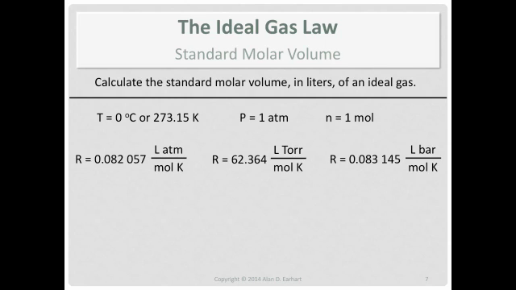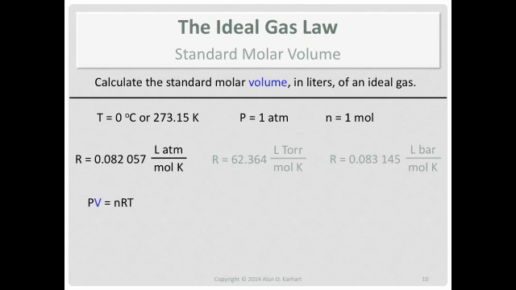Now I use these 3 values, so let's pick the one that has the easiest pressure units with which to work. And since I give these 3 values of R to my students, I'm going to pick the value of R that has atmospheres in it. Now, if we're using the ideal gas constant, that means we need the ideal gas law. Or do we? I'm going to solve this problem first using the ideal gas law, PV equals nRT, and then I'm going to solve it a different way. First, this way.